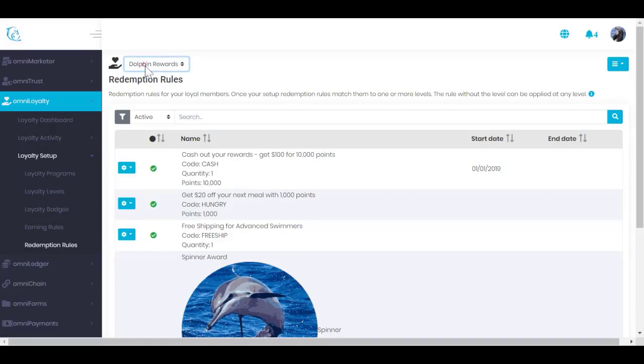The rule without the level can be applied at any level. Users can redeem points/currency toward various rewards, based on the cost in points/currency of each that you establish during reward creation. When a customer reaches the defined amount of points/currency, points/currency can be spent for a reward. During creation you can specify for each reward: